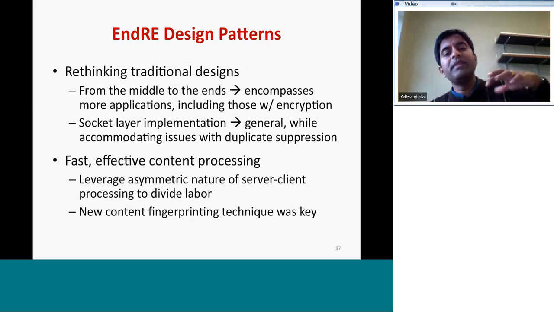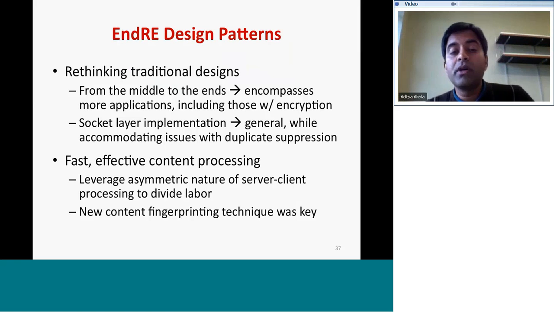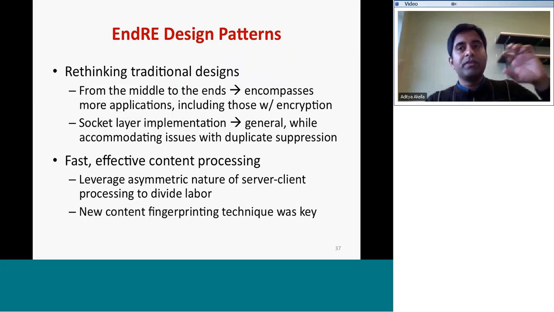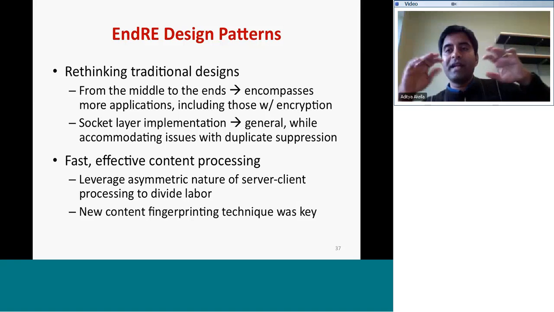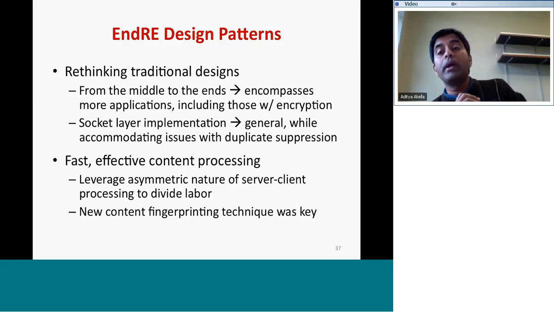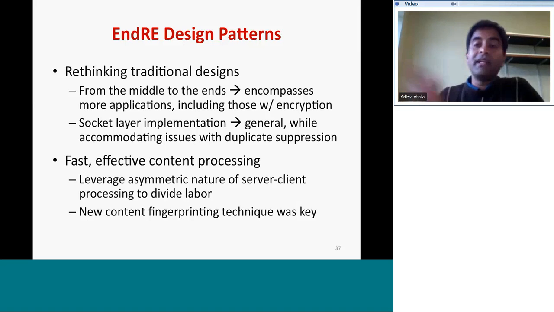In terms of lessons for how to do fast and effective content processing, again, this division of labor hopefully came out. I hinted at the fact that you may have to coordinate what ends up happening where. So in this specific example, we ended up pushing a lot of the functionality to the server and doing very little on the client.